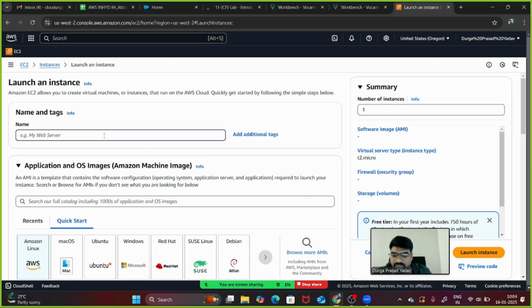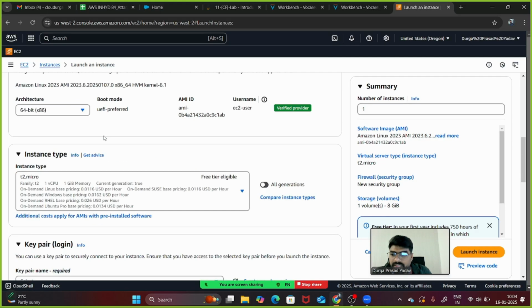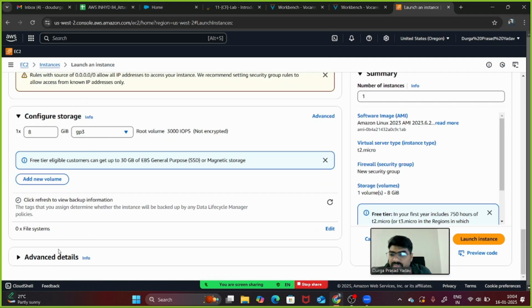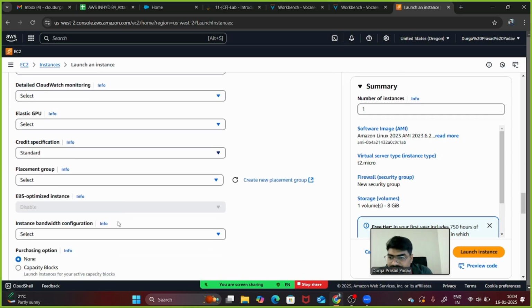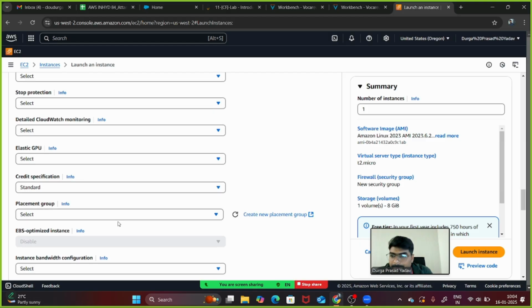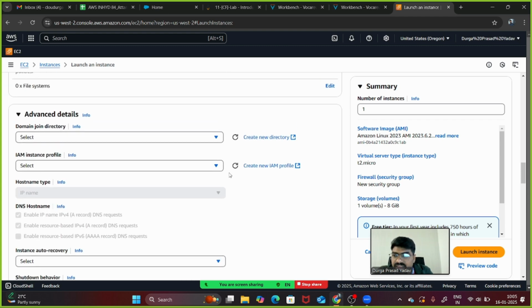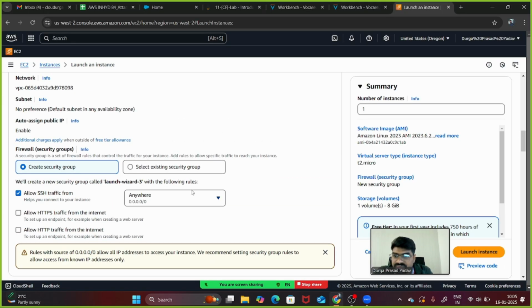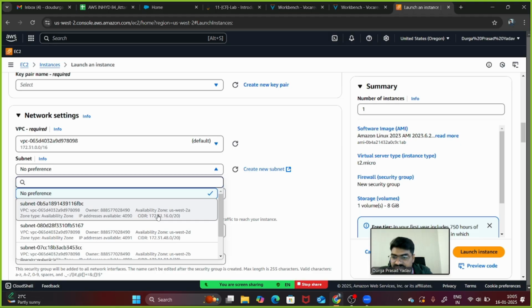And next one if you are going to launch, this is your workload 2, and here if you click advanced details, you will select your placement group again, see, we have partition now. So in that partition, one we have sent already, and one more setup we can change and check it out.